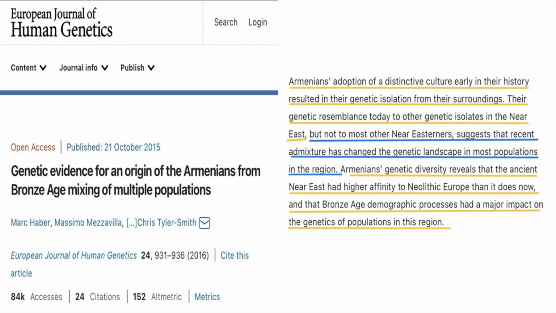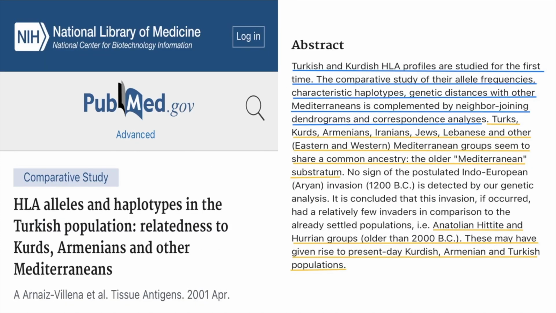Armenians' genetic diversity reveals that the ancient Near East had more affinity to Neolithic Europe than it does now, and that Bronze Age demographic processes had a major impact on the genetics of populations in the region. So again, we see that the ancient Near East had higher genetic affinity with Neolithic Europe. It's very important. This is from HLA alleles and haplotypes in the Turkish populations, relatedness to Kurds, Armenians, and other Mediterraneans, and it reads,